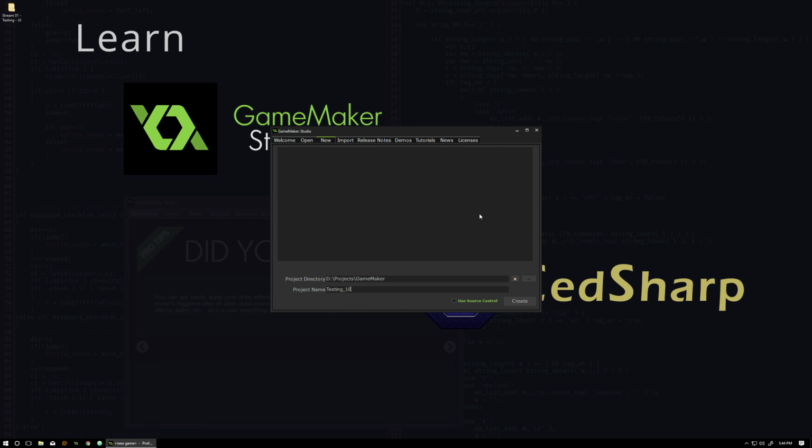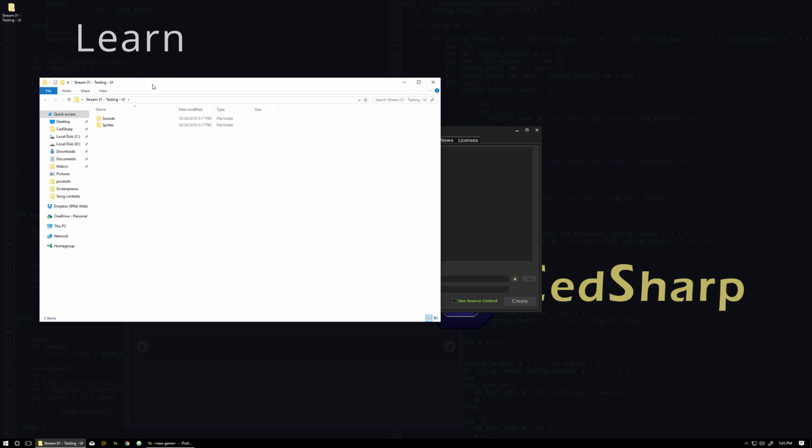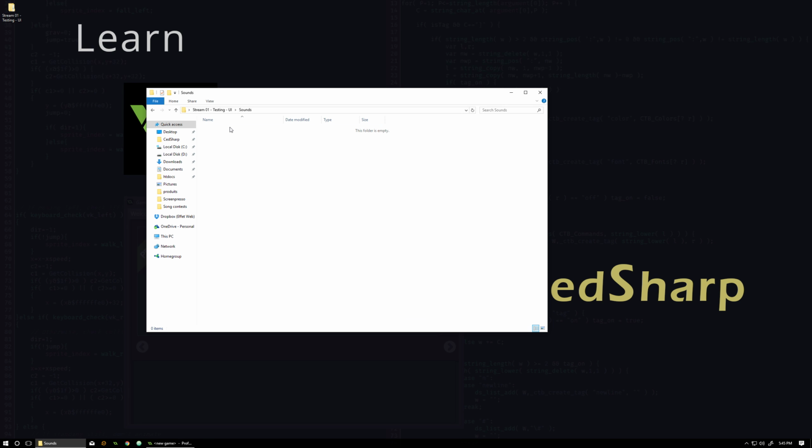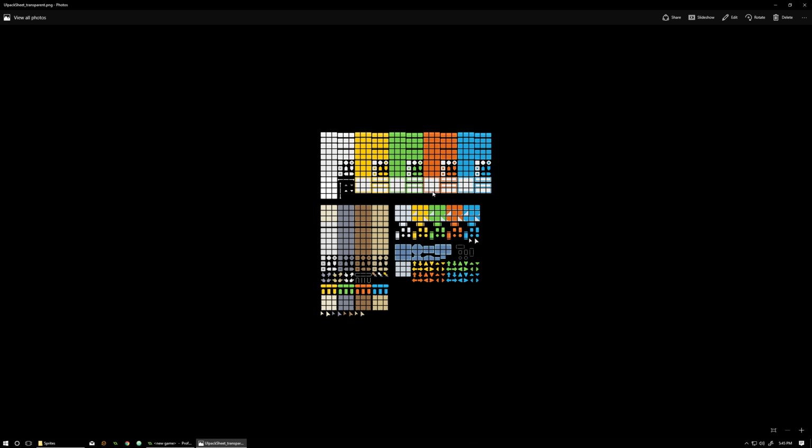Let's actually get into it. As you can see, I have no project, right? All I have is this little folder here with some resources. I have sounds, and I have some sprites here, which come from a free asset that you can download online. It's the Kenney UI pack. We're going to be using that because it looks good, and